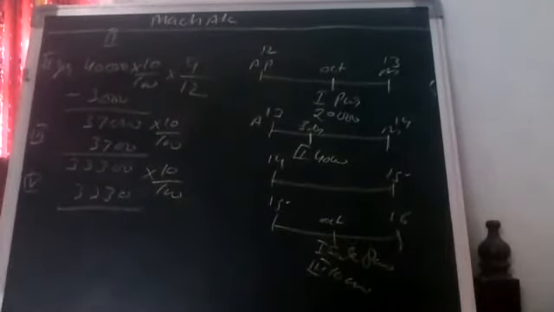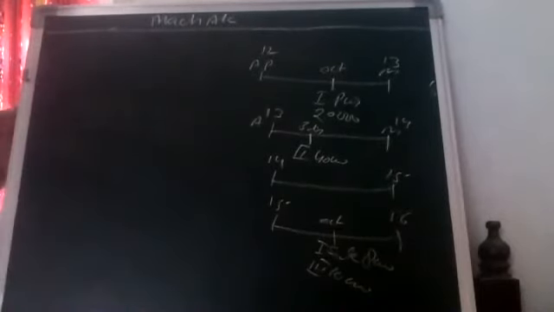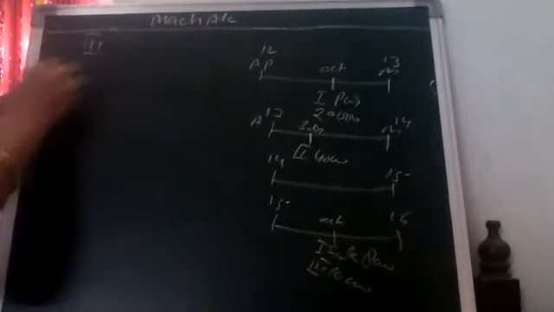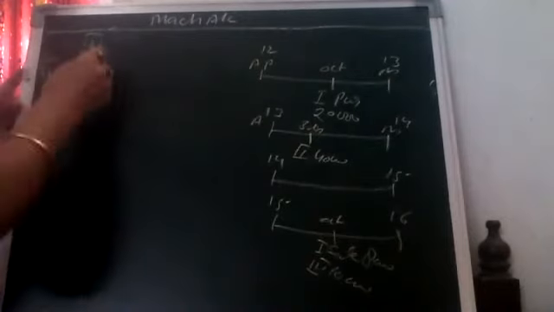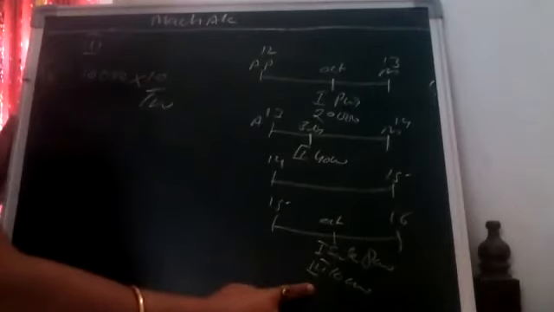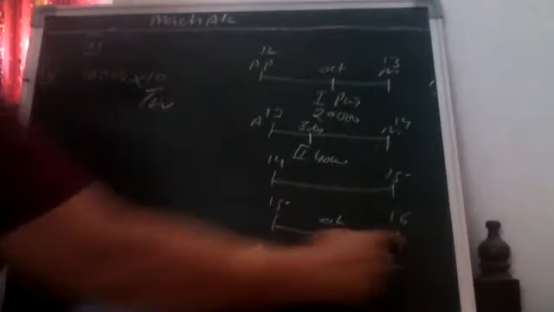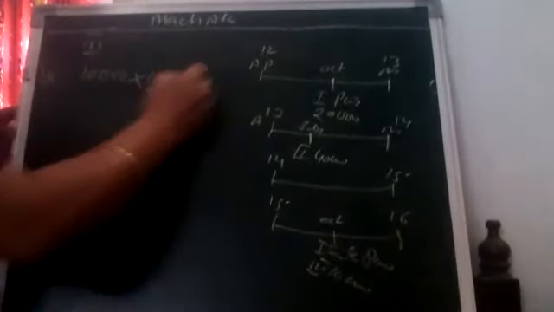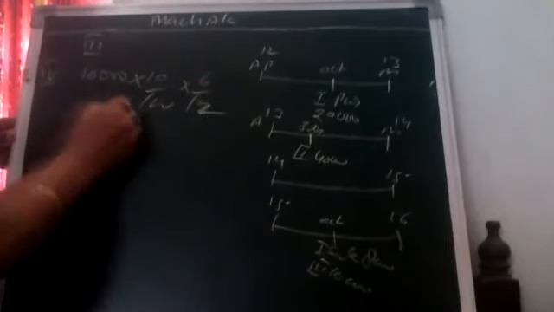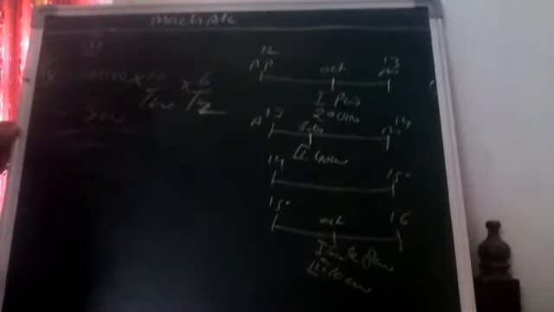So let's go for third machinery. Third machinery's depreciation also we will calculate. Third machinery was purchased in fourth year only, so only fourth year depreciation will be charged. How much? 10,000 was the cost of that machinery, 10%, and it was purchased on 1st October. October to March. It was used for 6 months only. So we will calculate for 6 months. Do the calculation. This is 500 rupees only. So third machinery 500.